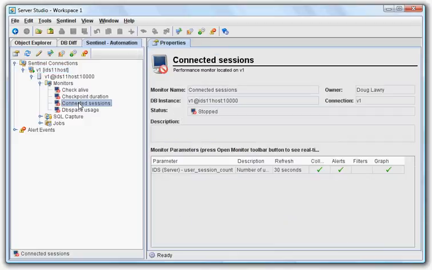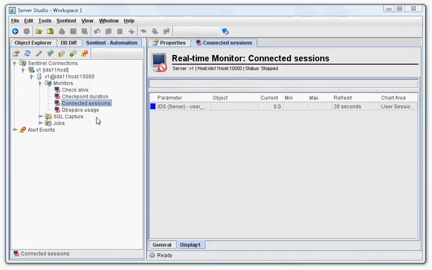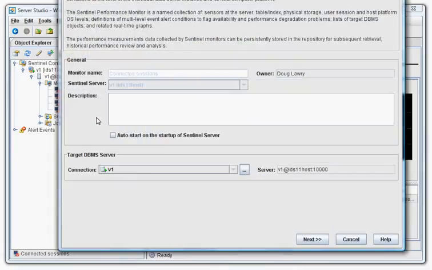which on a test system it's quite easy to generate some variable data so you can see how that one particular metric changes. I'm going to go through editing that monitor, which is exactly the same process as adding it in the first place, but just to save a bit of time, we've got things pre-filled. Okay, given that we're connecting to a particular Sentinel server and it's monitoring that Informix server,